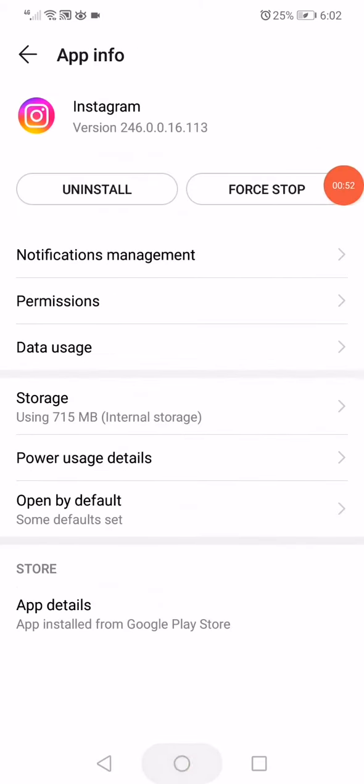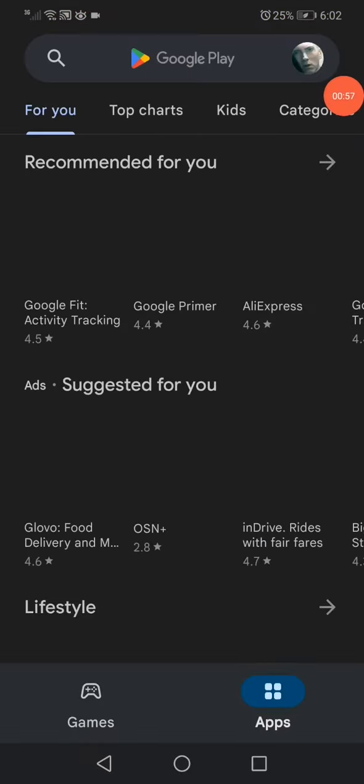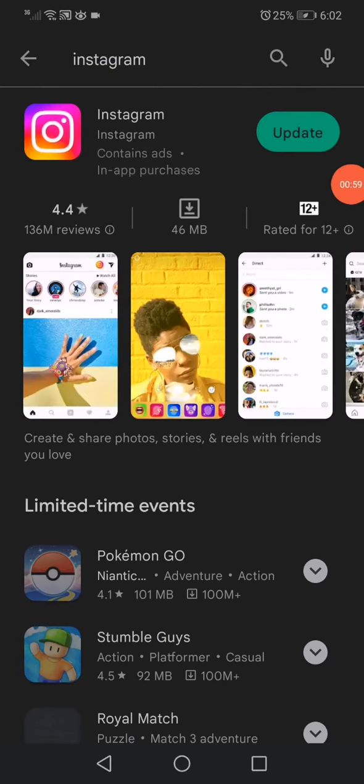stop, and then go to the home page, go to Play Store, search for Instagram, and make sure to update